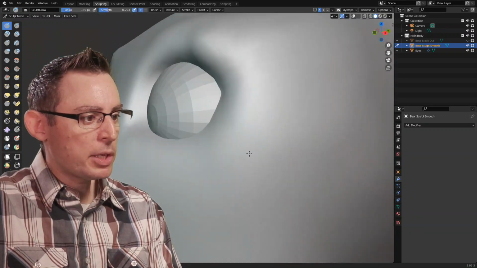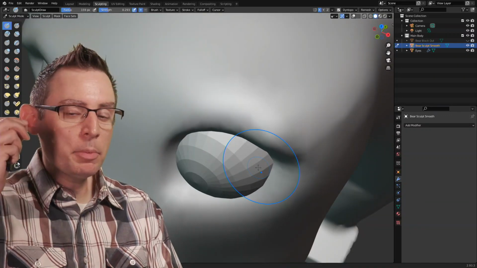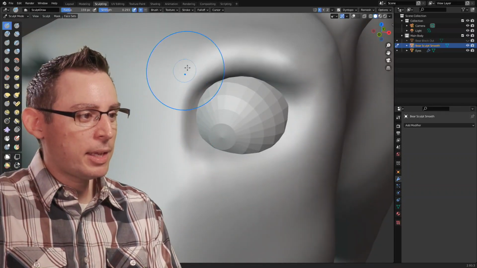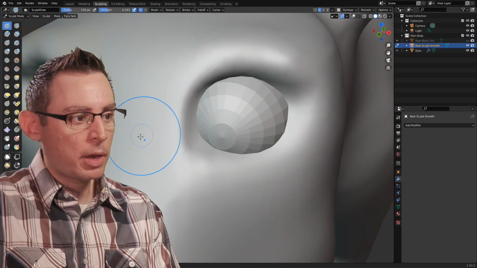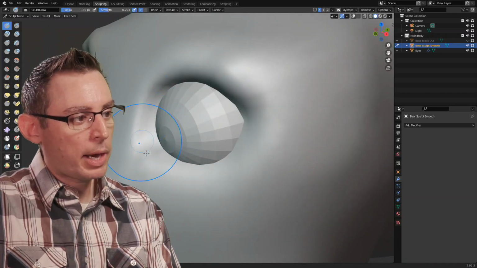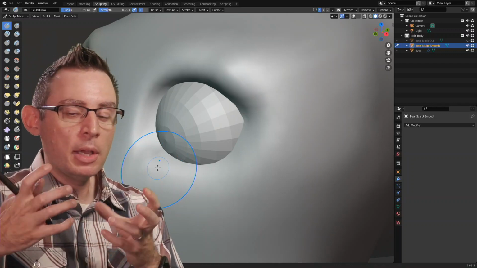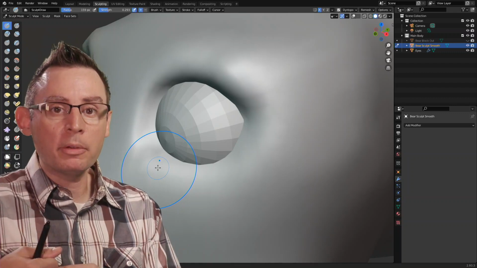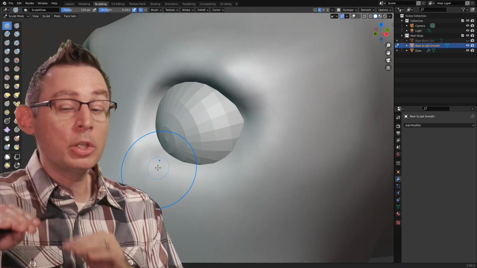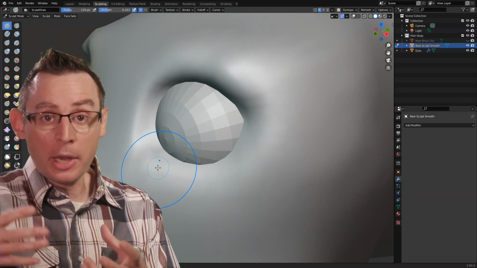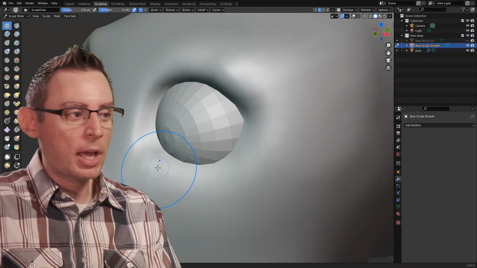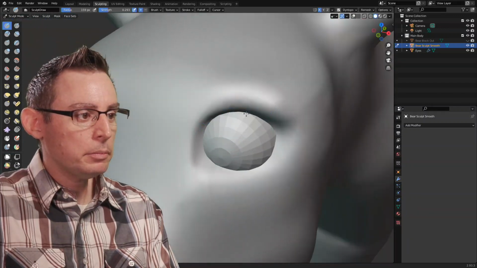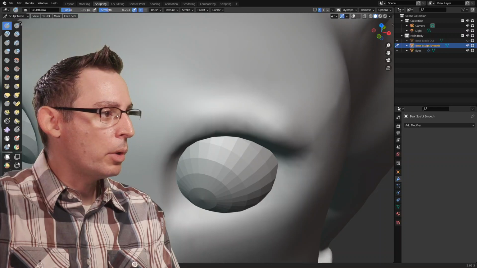Okay. Now the first thing that I want to do is go in and make a little bit more of a pronounced eye socket shape itself. Right now, it's kind of looking a little bit too uniform across the bridge of the nose, and I want to explore how I can start to bring out some of these shapes to make this surface a little bit more of a foreground, attention-grabbing feature in itself. I want my audience to be looking at the eyes itself, and I know that they're naturally going to want to go there, so now this is a great opportunity for us to be setting that stage a little bit.